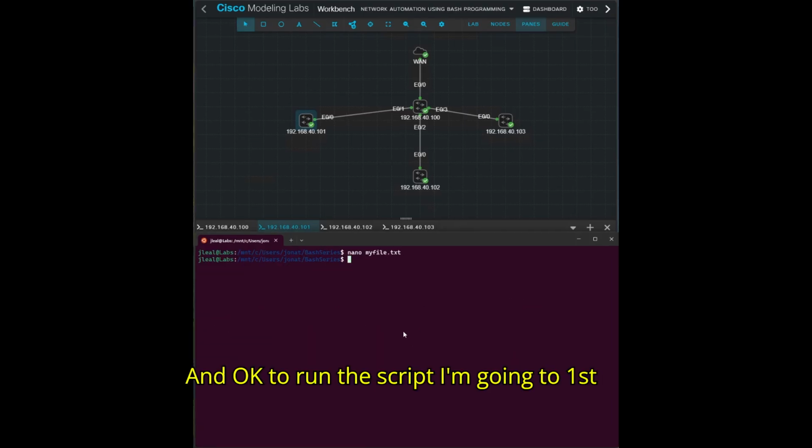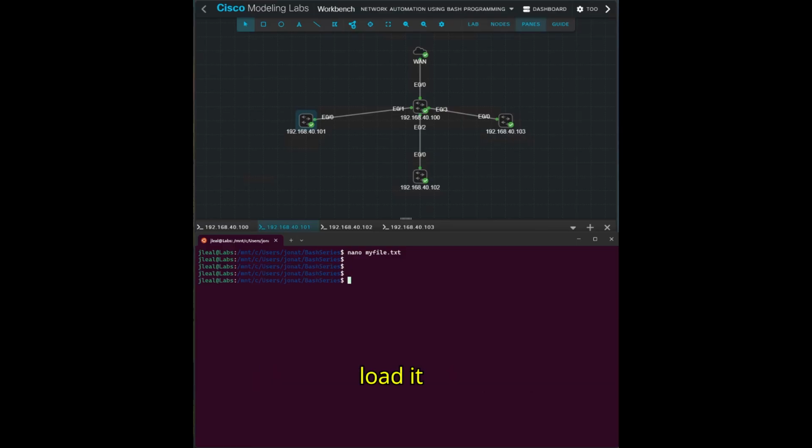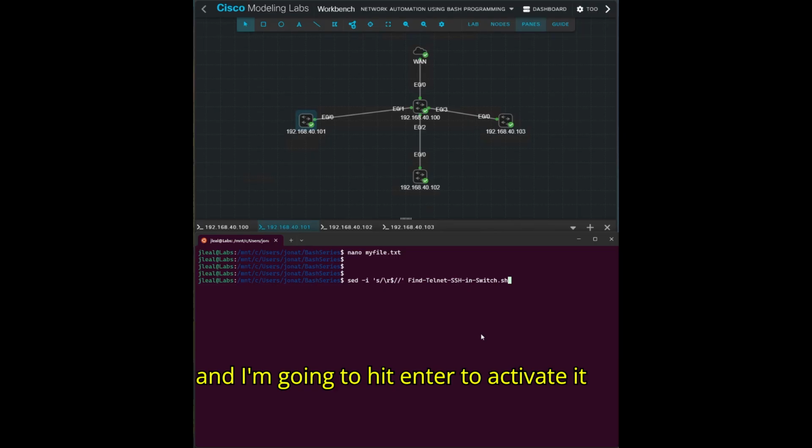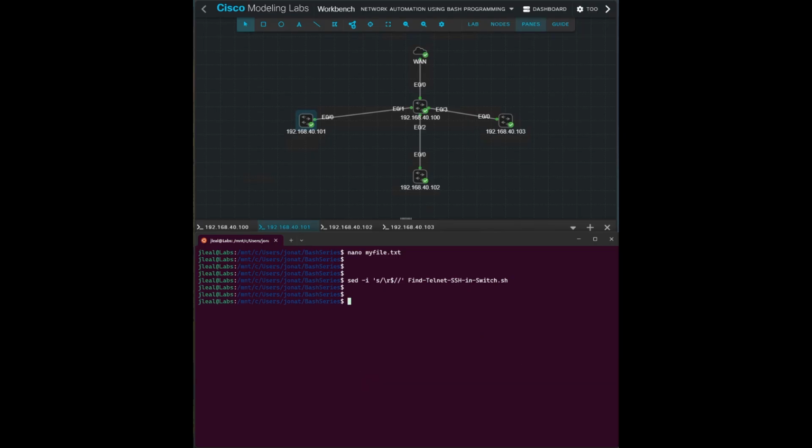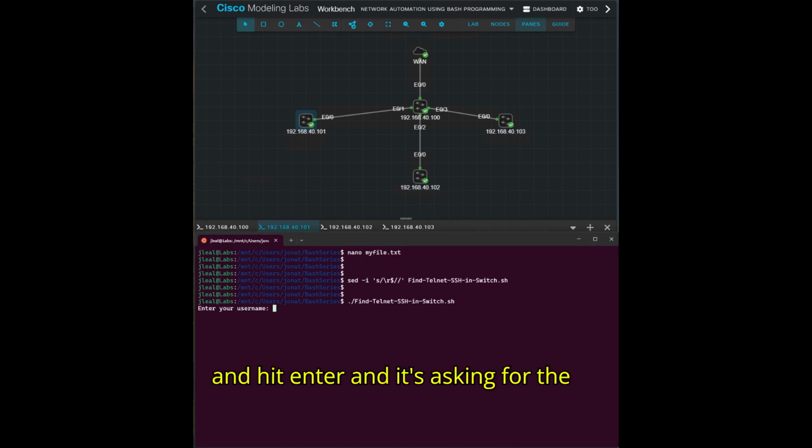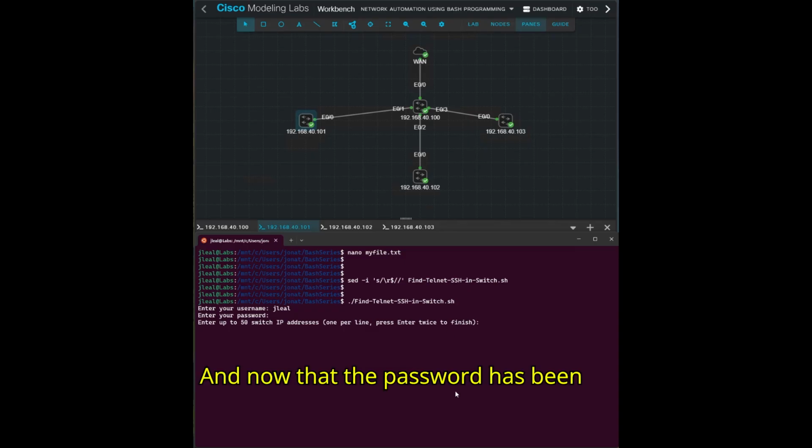And okay, to run the script, I'm going to first load it to activate, and I'm going to hit enter to activate it, and then I'm going to run it. And hit enter, and it's asking for the username and the password. And now that the password has been entered, it's asking for the user to enter up to 50 IP addresses. For this first go around, I'm going to manually enter the IP addresses in this lab. And those IP addresses are